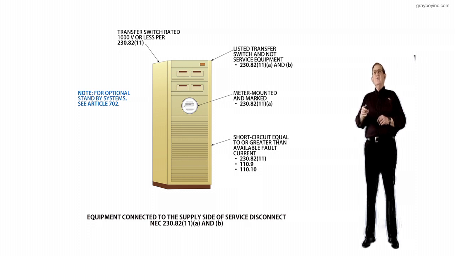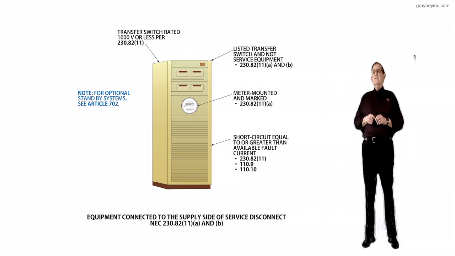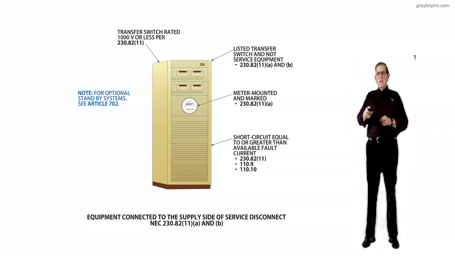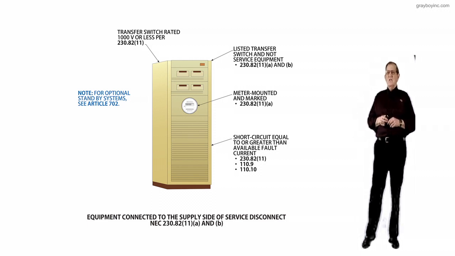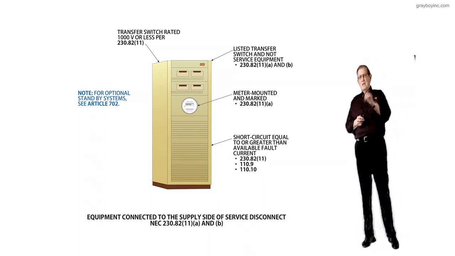So this means you wouldn't have to have these clearances above it that are listed in 110.26, but you would need the clearances in front of it, and according to 110.26 A1, A2, and A3, that sends you to the table